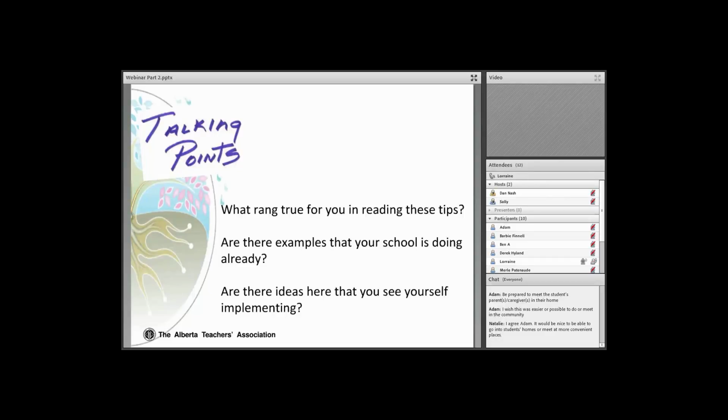Hi, so I just wrote a paper for my master's, and actually I wrote on parent participation in the school. One of the key things they talked about was meeting with parents, meeting with the teachers, in a safe place. So they talked about meeting in community halls for parent-teacher interviews instead of at the school, because a lot of parents have had things happen in their life within school situations that make them uncomfortable